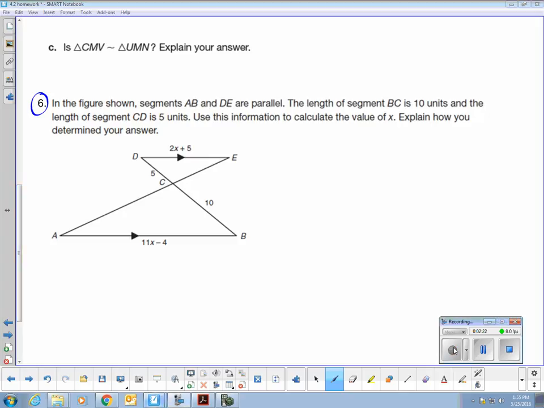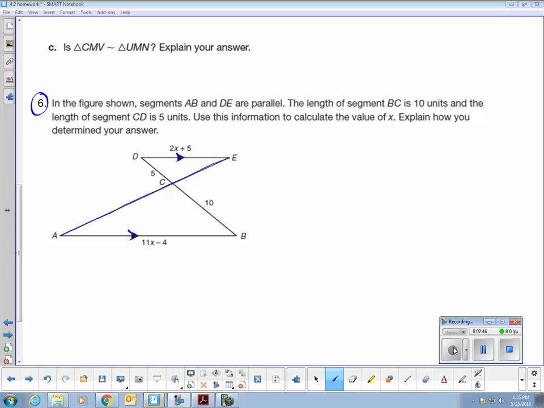Question number 6, we need to find the value of x. So we need an equation that can help me to find the value of x. Before I determine that equation, I need to decide if these two triangles are similar to one another. Because we have parallel lines with a transversal,